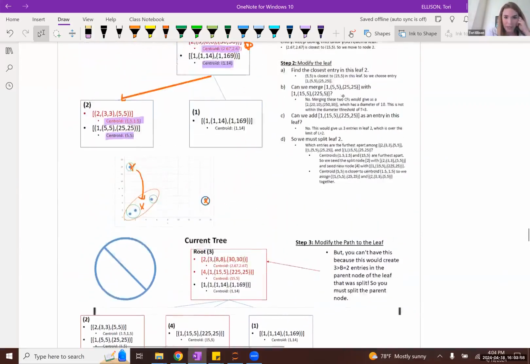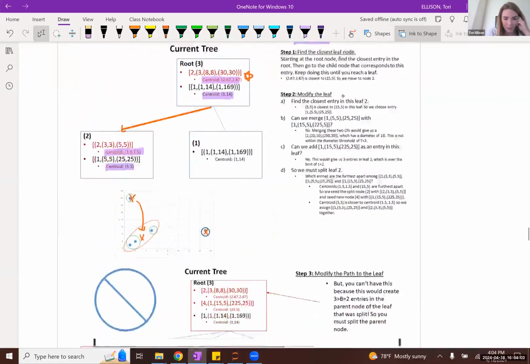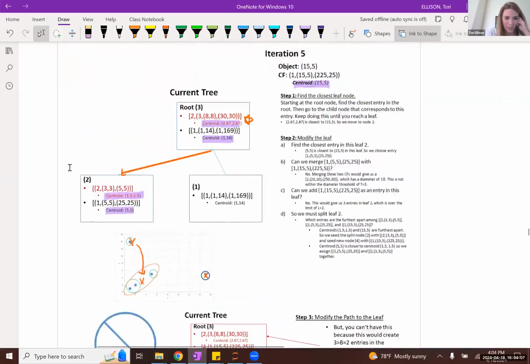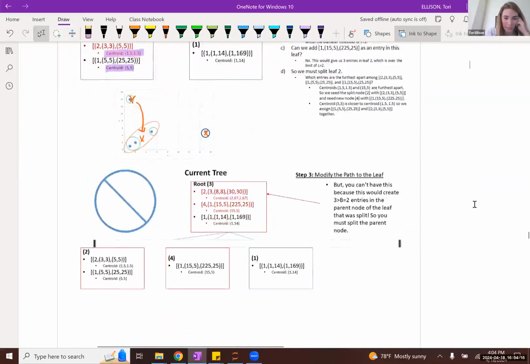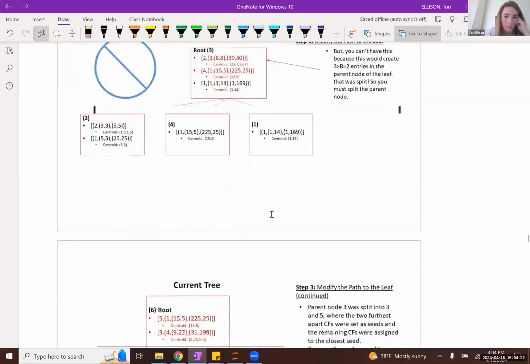it just so happened in iteration 5, we saw this leaf node here did in fact need to be split. So therefore, that led to this non-leaf node needing to be split as well.